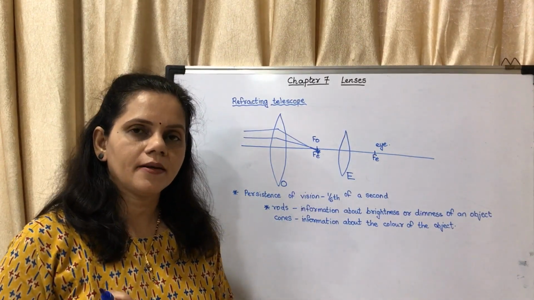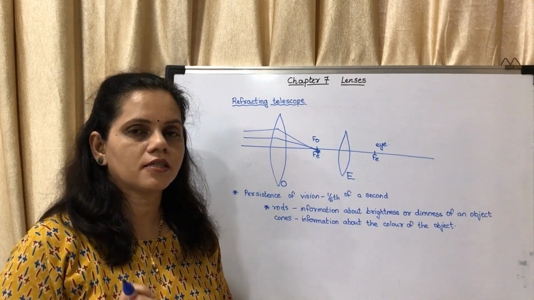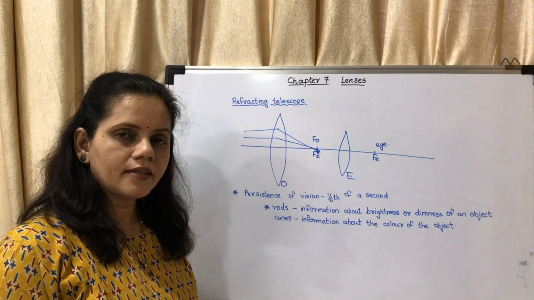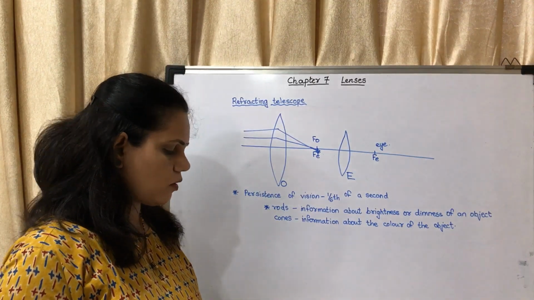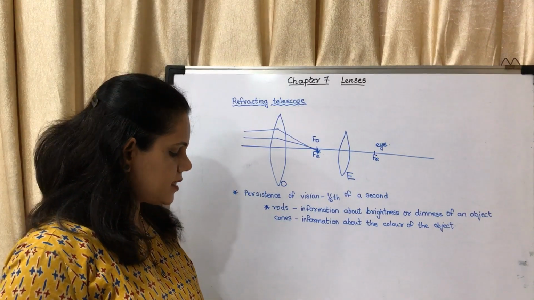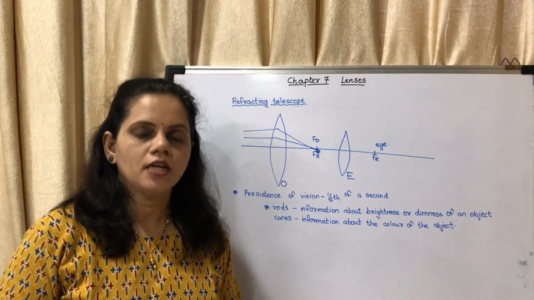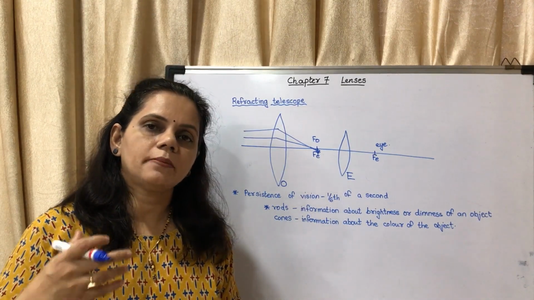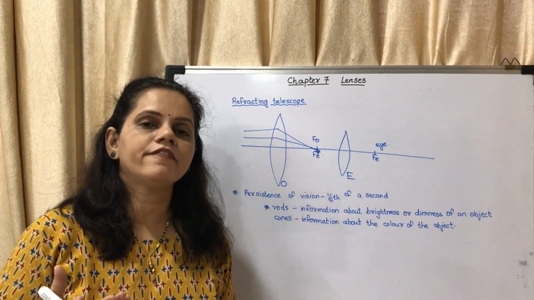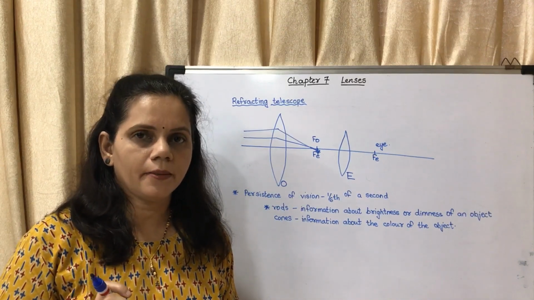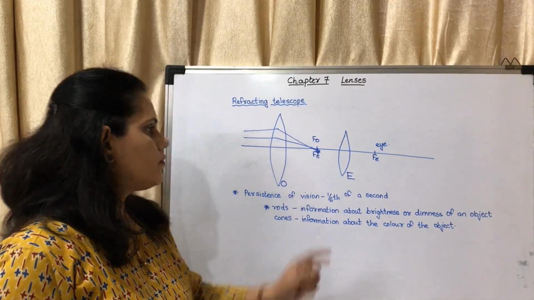Now you may note this sentence on page number 90, the last sentence. It is very important, a frequently asked question. The objective lens has a large diameter and large focal length, because of which a large amount of light coming from the distant object can be collected. So why is the size of the objective kept bigger? So that the maximum amount of light which is coming from the object can be collected. That point is very important.